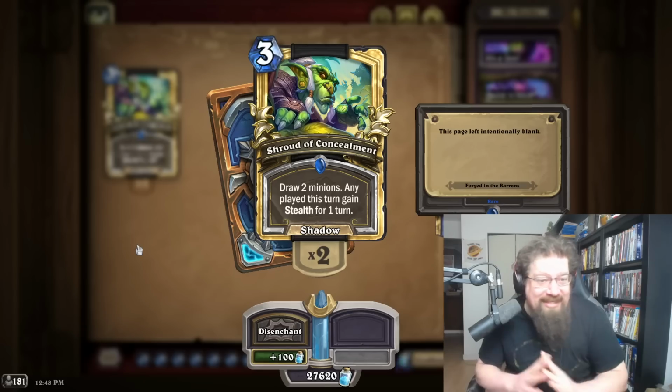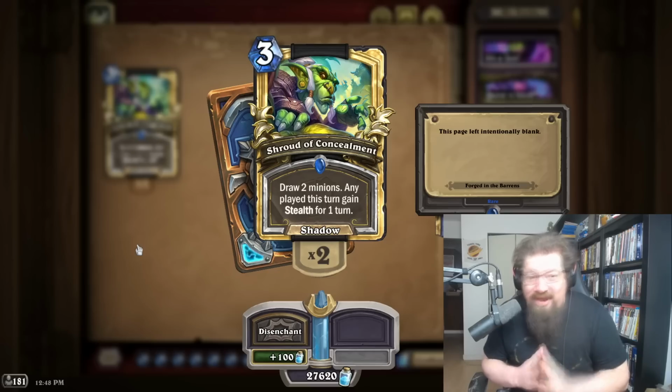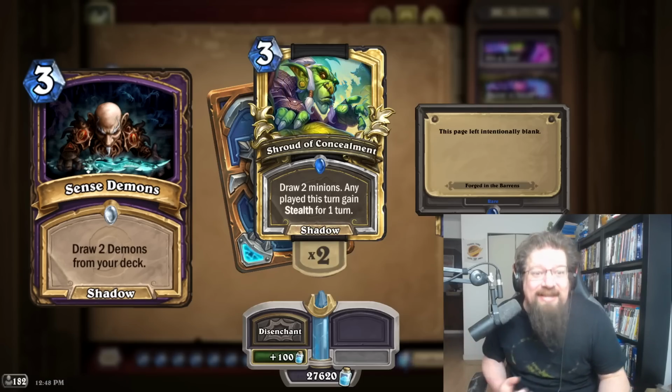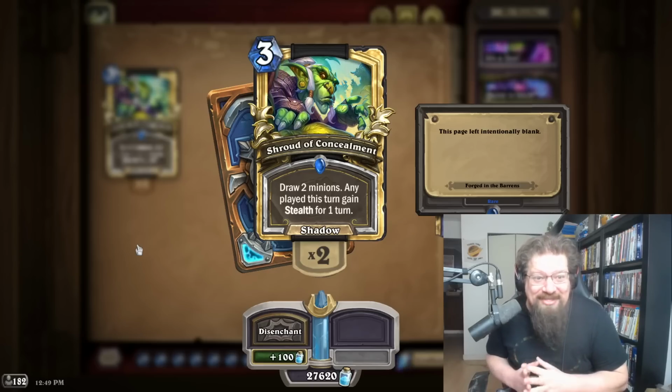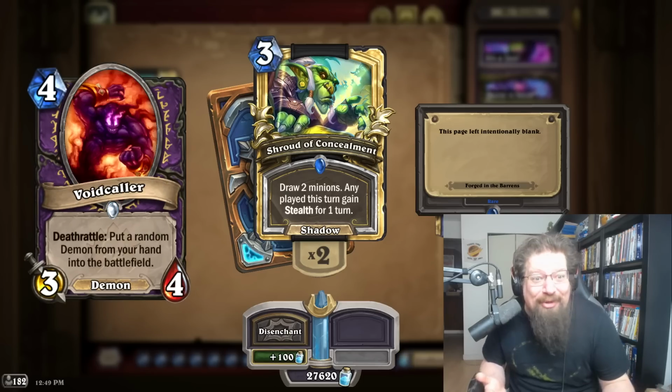Draw 2 minions, even though it's just minions. That specific tutor, which again didn't really exist outside of, like, Sense Demons in basic, you would draw specific demons, nothing really that crazy, although that card kind of became problematic later, like with Stealer of Souls and all of that, tutoring out, doing all of that, or Void Caller to Void Lord too,